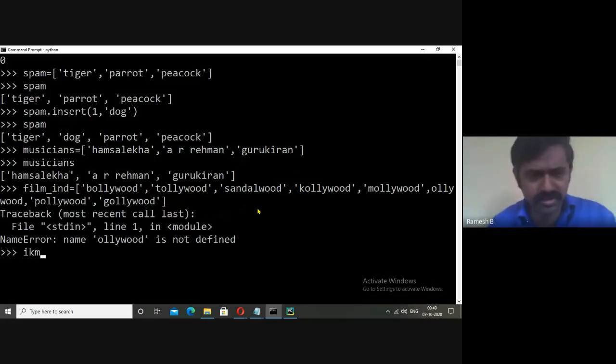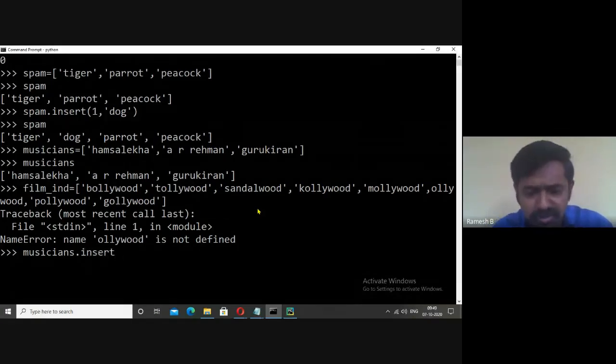Just I'll clear the things. Say musicians dot. Say we want to insert Arjun Janya at the place of A.R. Rahman. A.R. Rahman's index is 1. So 1 comma, here you give the name Arjun Janya.